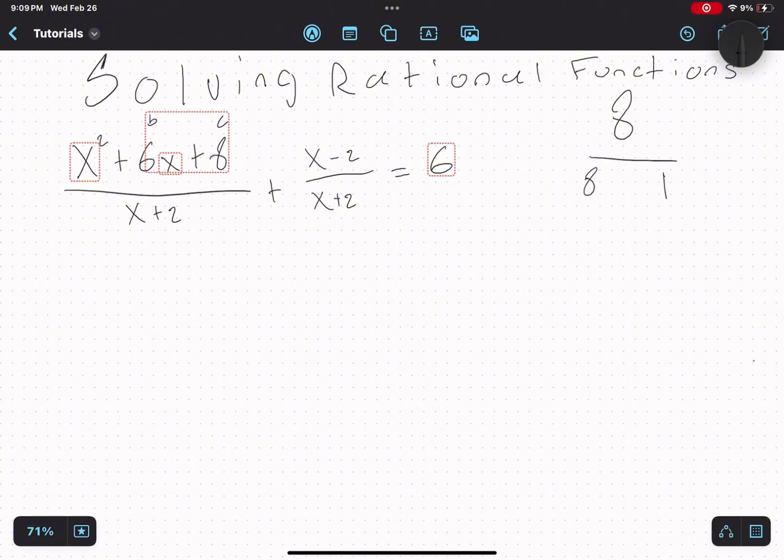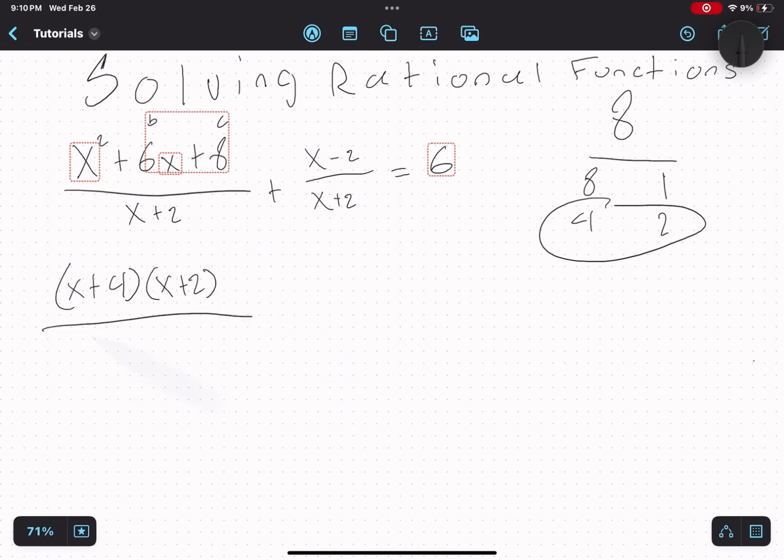So, 8 and 1 multiplies to 8, adds to 9, that does not work. 4 and 2 multiplies to 8, adds to 6, that does work. So now we're going to have x plus 4 and x plus 2 over x plus 2